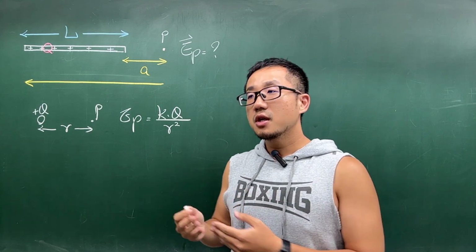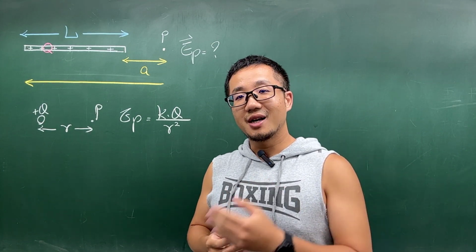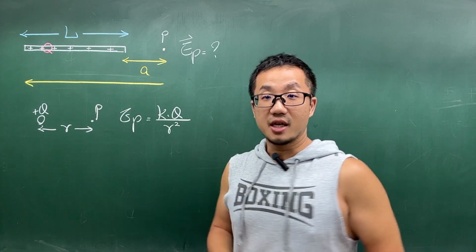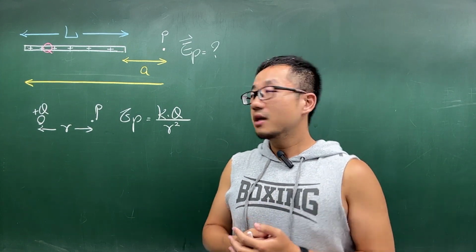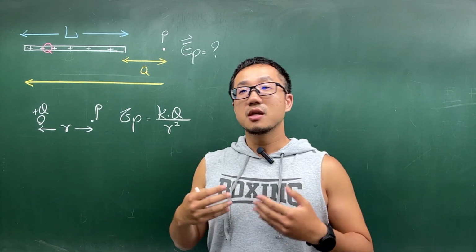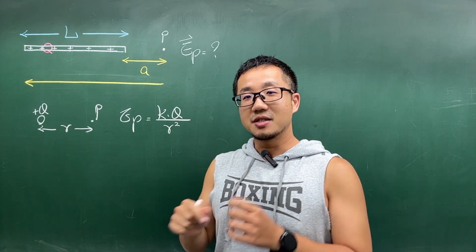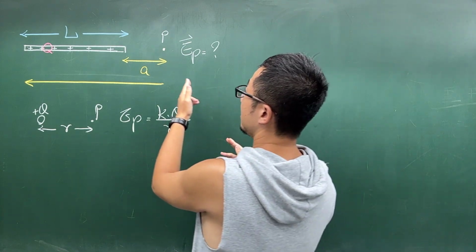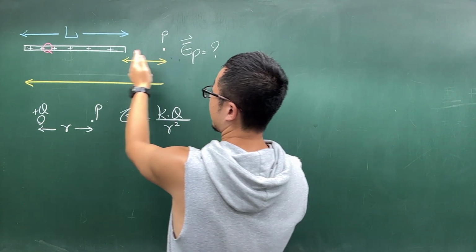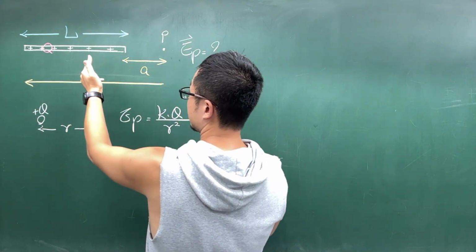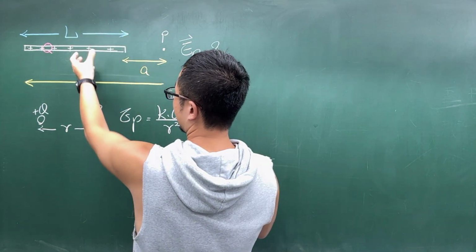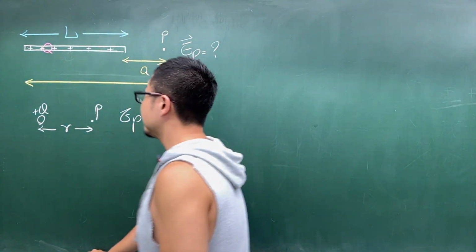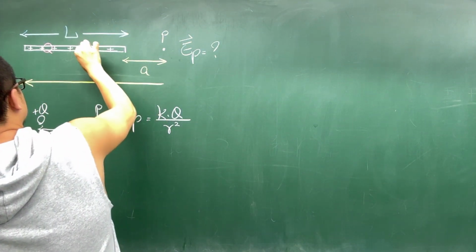In order to do this, it will be quite useful to apply calculus. Calculus is your best friend when you are dealing with such complicated problems. But actually, it's not that hard. The reason why I want to share this problem is to help you practice calculus. In order to find the electric field at point P contributed by this line charge, the first step is to divide the line charge into several parts. I want to find a little segment, and the length of the little segment